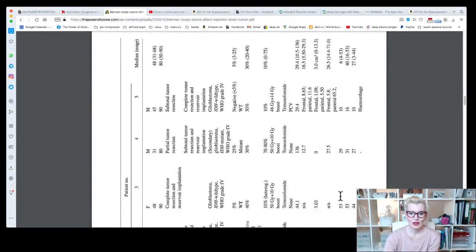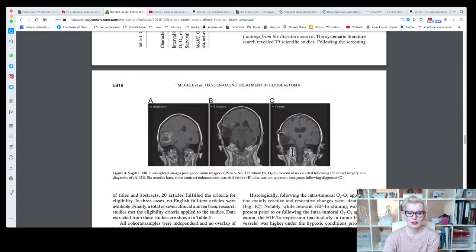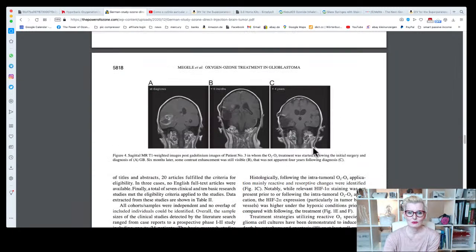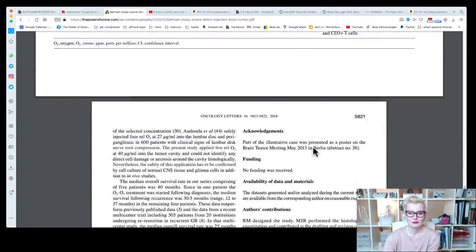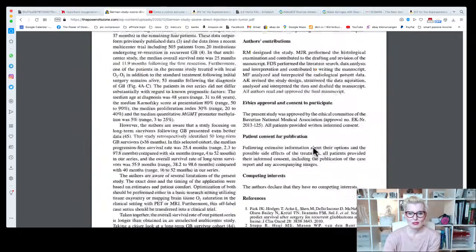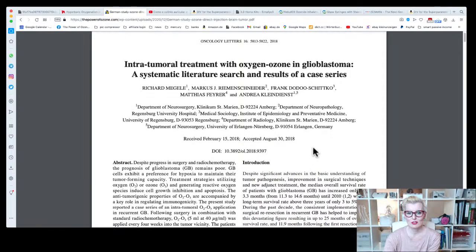And here you also have some pictures of people. Those are MRI images. I can't really interpret them well enough. But yeah, so this is pretty interesting. And of course, when I read this, I asked myself, okay, I wonder what improvements they would have